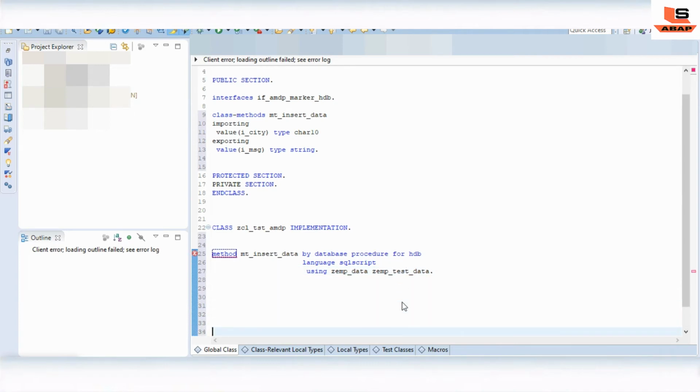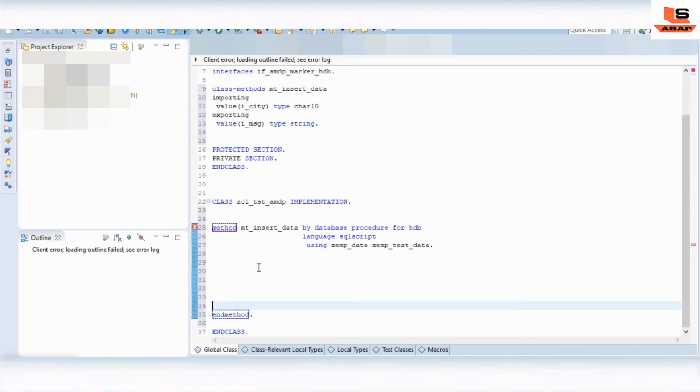So let's implement our logic. As we have already discussed, in an AMDP method we don't need to declare any internal table. So how can we pass the value to the table?